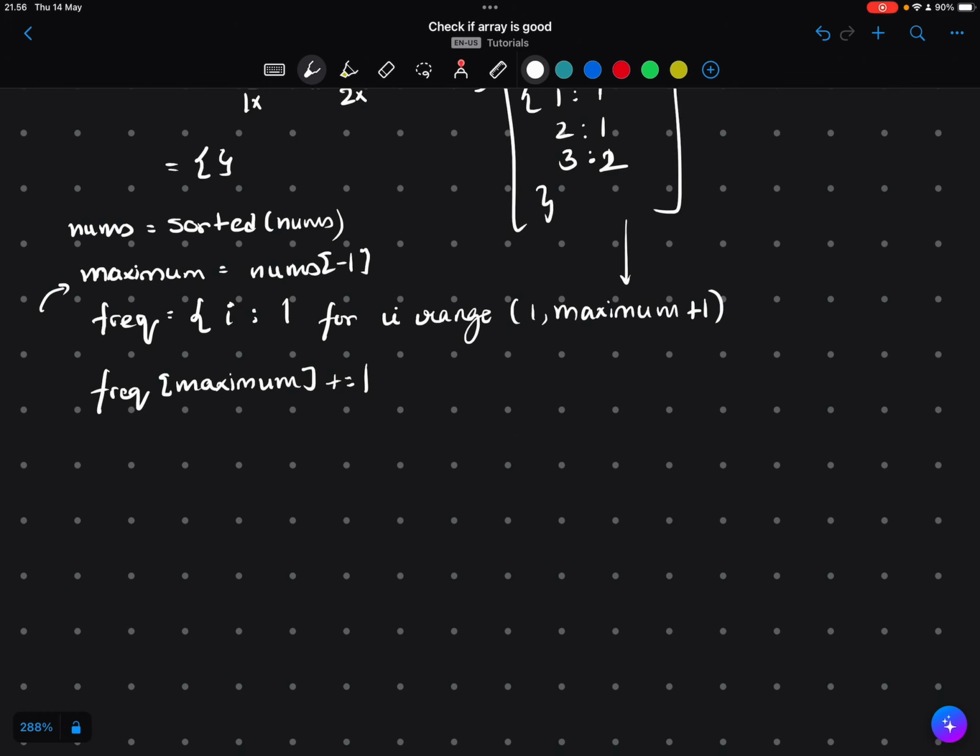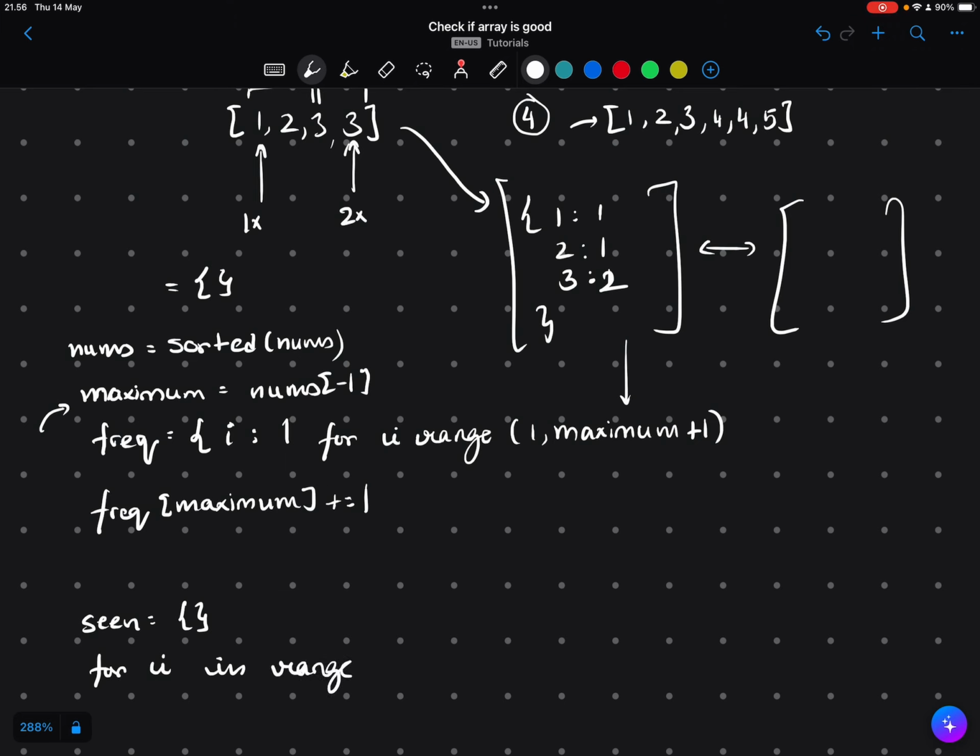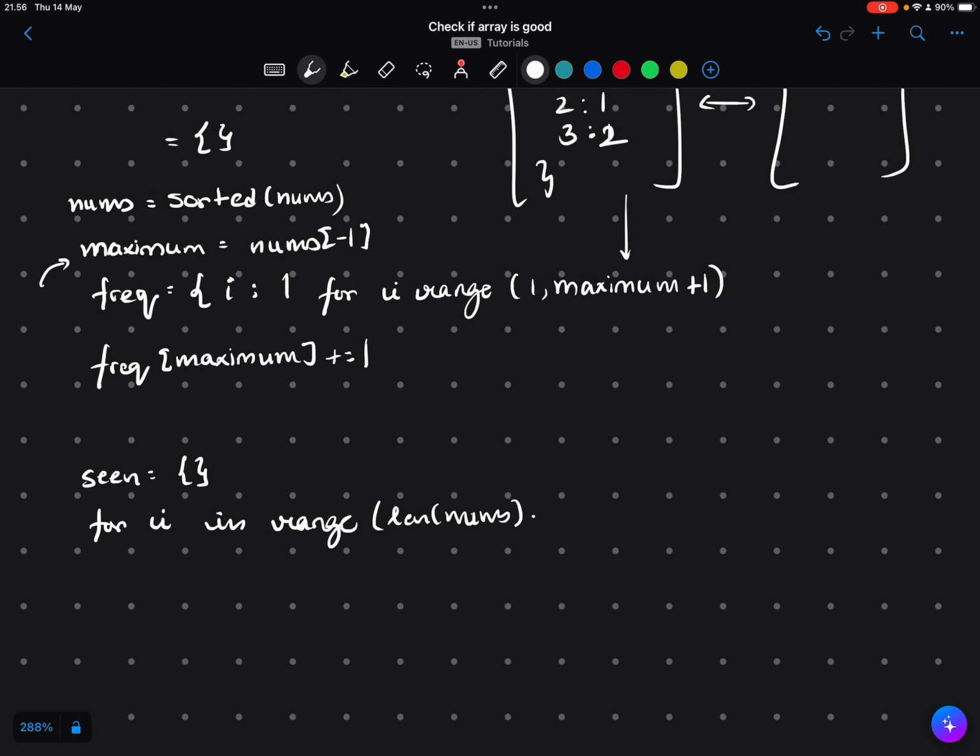So if we do another dictionary and we just loop through the array, this time we just add our